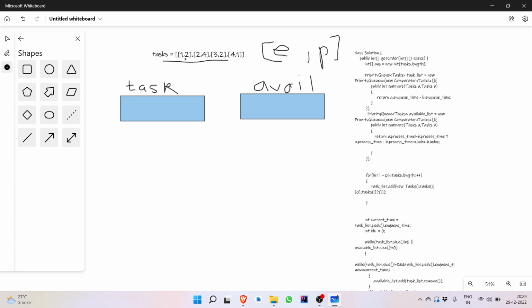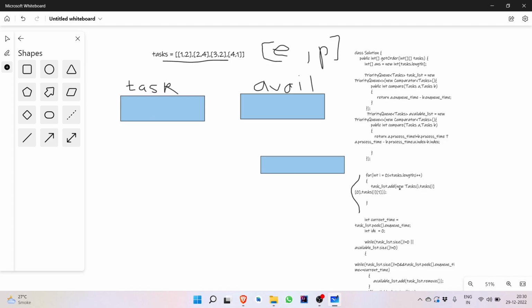Okay, so this is the format. Now first of all I have declared the answer, which will be our answer array which will at the end store the actual answer. Now here I will create a new object for all the tasks,